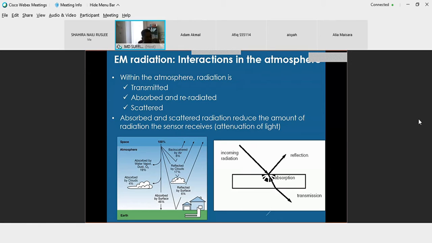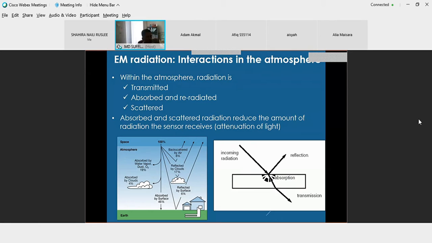One is transmission, that means the light can pass through the atmosphere without the attenuation of light. Attenuation meaning that, dipanggil pelemahan lah, ataupun dia punya light intensity and magnitude is not reduced. Kalau yang datang 100, yang dia keluar juga adalah 100. So dia punya intensity, dan juga ataupun dia punya magnitude dia tidak berubah. Itu yang kita sebagai transmission.